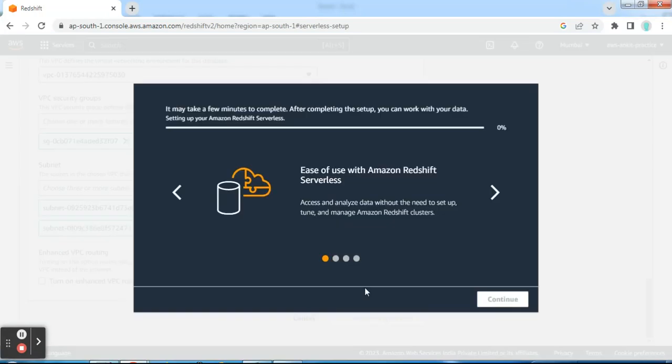Okay, so it will take a couple of minutes to get your Redshift cluster ready. Meanwhile, we will discuss the different options we are going to perform here. Once our Redshift cluster is ready, the very first prerequisite of copying the data from my S3